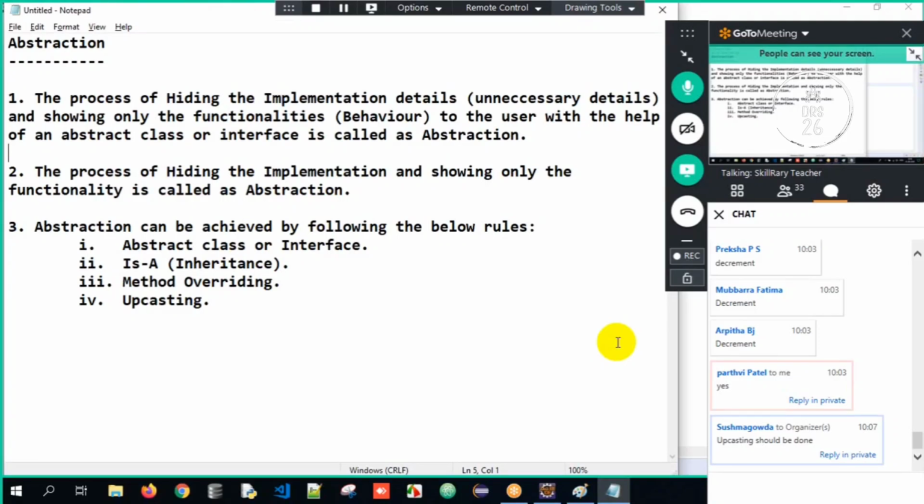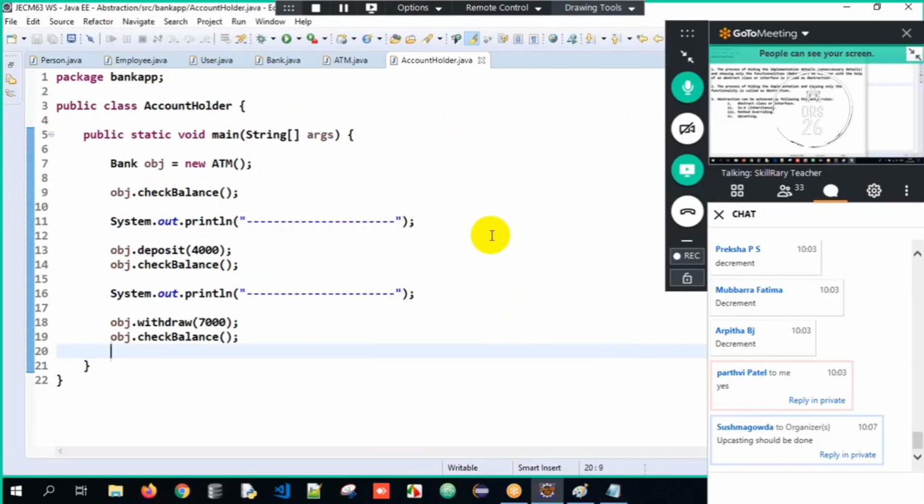That is what is called abstraction, because banks will have their own security. Imagine on a larger scale, banking applications should have the maximum level of security. If there is no security in the bank, will you store your money there? No. There should be the highest level of security. So if you deposit, the amount will be deposited in your account, but there should be some encryption internally. It shouldn't reveal how it is done. That's why abstraction plays a major role.